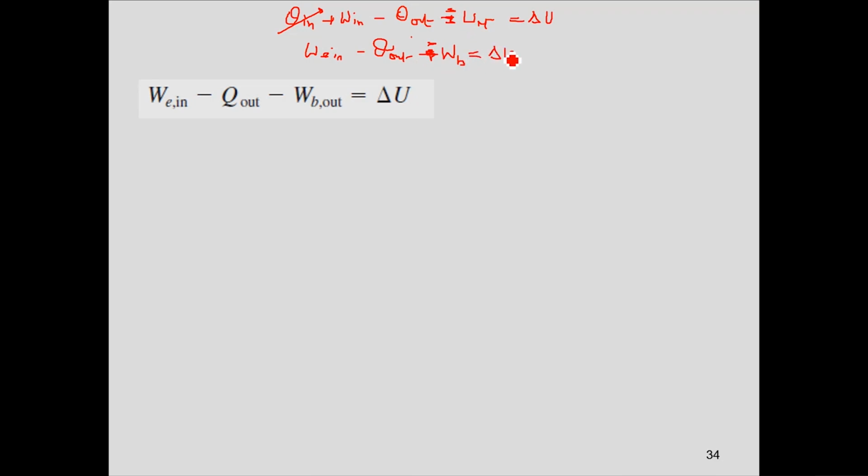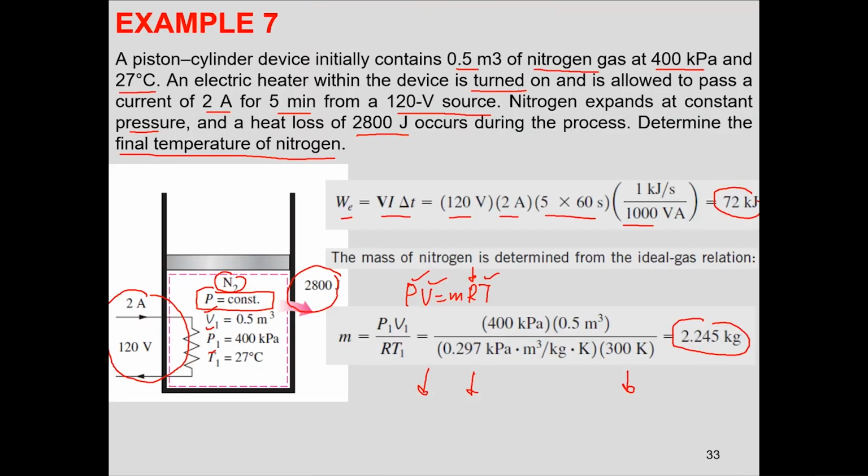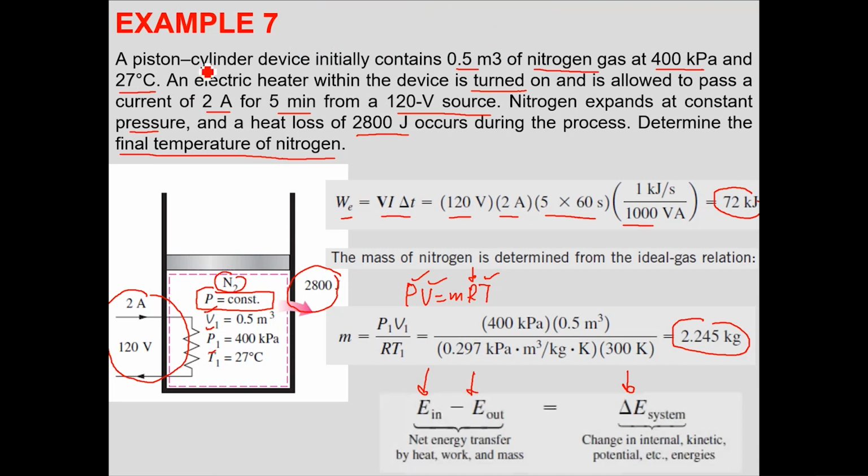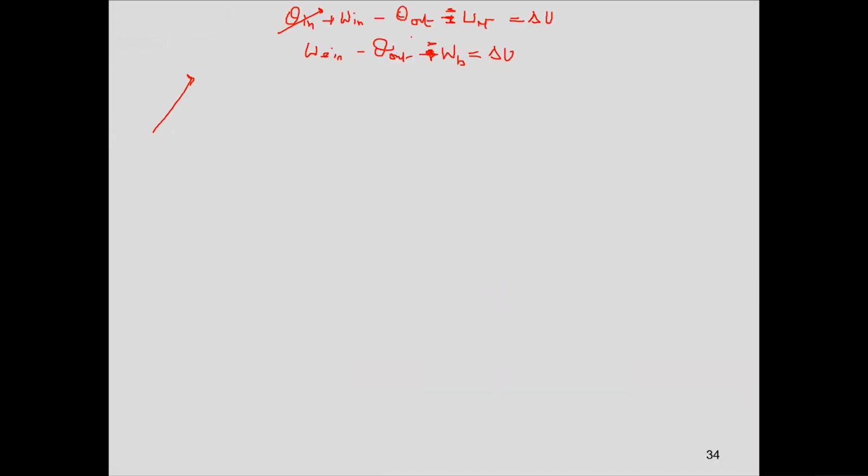This is essentially equal to delta U. If you apply this equation, work electrical in is something that you have calculated. If you go back to the slides, work electrical into the system you have calculated. Q out is already given to you. So work electrical in is known to you, Q out is known to you,